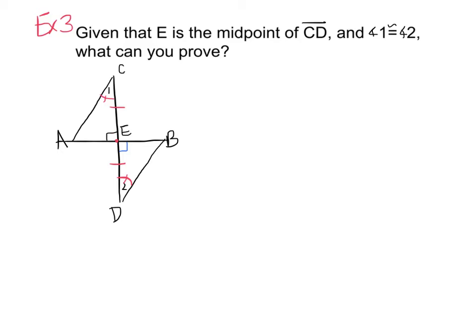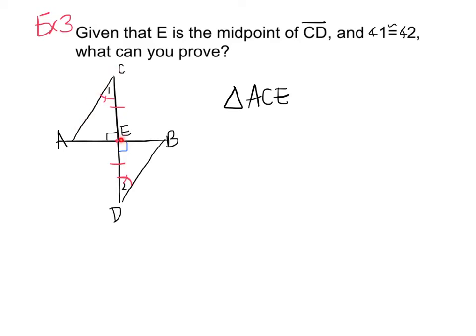So now they're asking, what could I prove? So I'm looking at this picture. Well, number one, I can prove that this triangle is congruent to this triangle by angle, side, angle. Angle, side, angle. So one thing I could prove is that triangle ACE